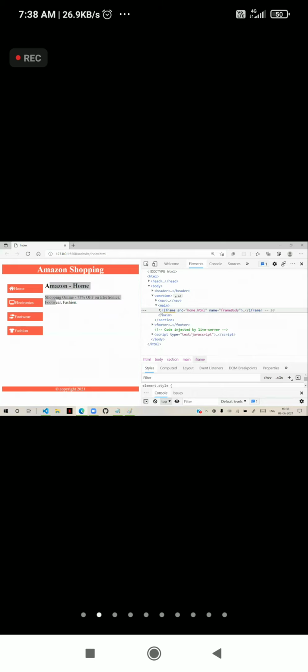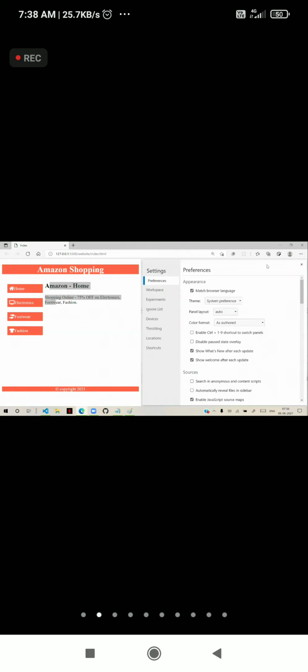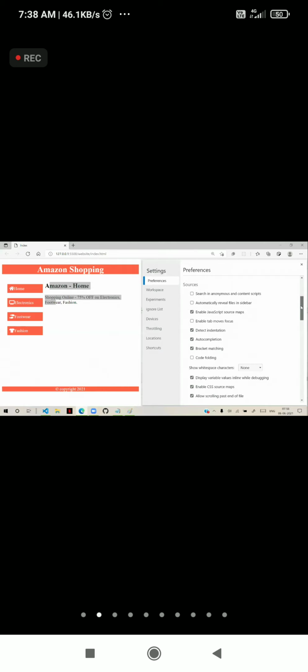Generally, when you see the elements, here you will have a settings option. In the settings, when I scroll down, there is an option called show user agent shadow DOM.